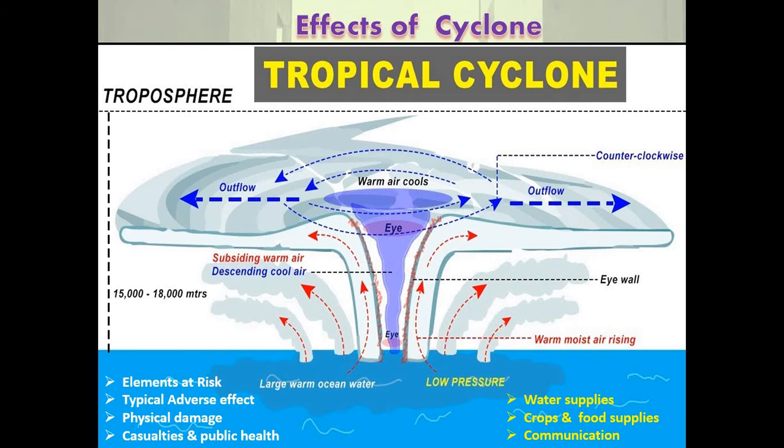And communications. Severe disruptions in the communication links, as the wind may bring down the electricity and communication towers, telephone poles, telephone lines, antennas, satellite dishes and broadcasting services. Transport lines like road and rail may be disrupted. Lack of proper communication affects effective distribution of relief materials. So these are the different effects of cyclones.